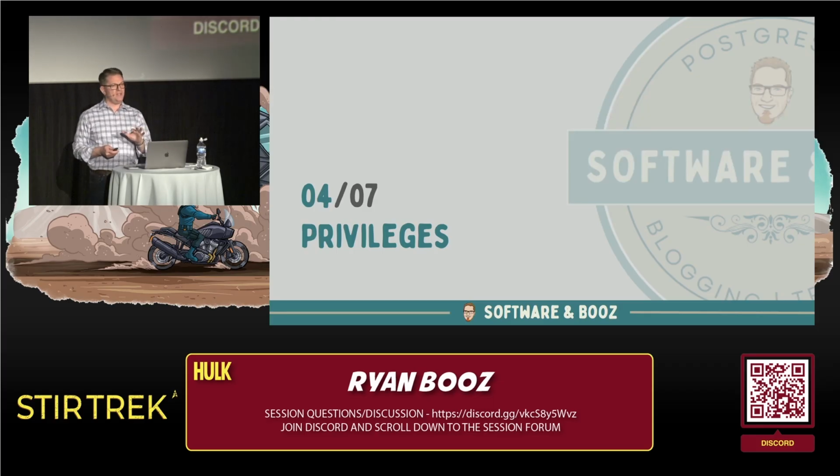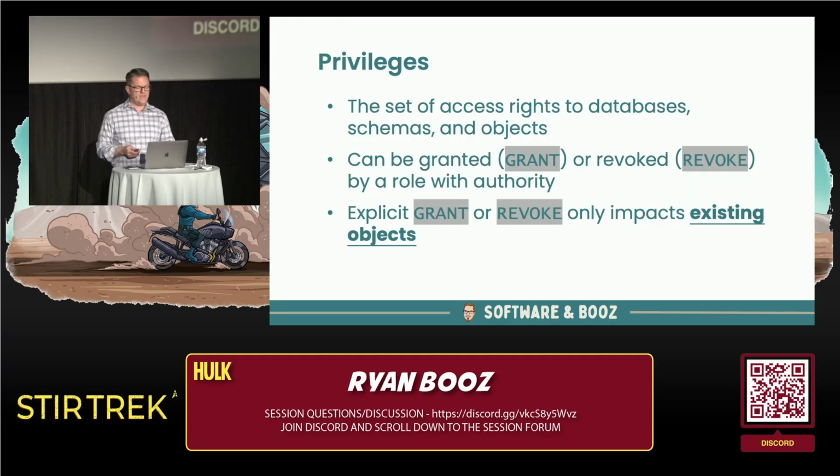Now that we understand that we can connect, we have a role, we can create those roles initially, we can then talk about what privileges actually are. And so in Postgres, I am used to saying permissions. These are honestly just permissions, but in documentation and within the project, we call them privileges. And so they are the set of access rights to all those objects. And they can be granted and revoked, as you may expect if you've worked with any other SQL database.